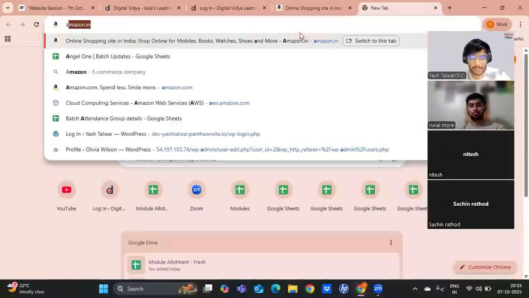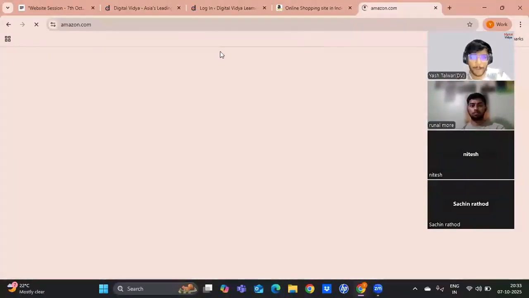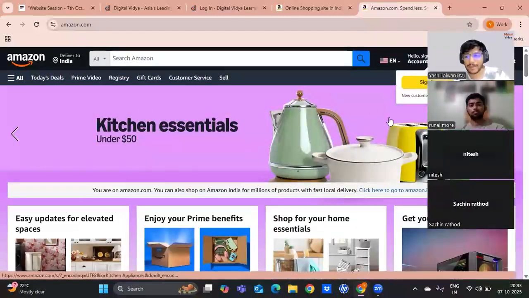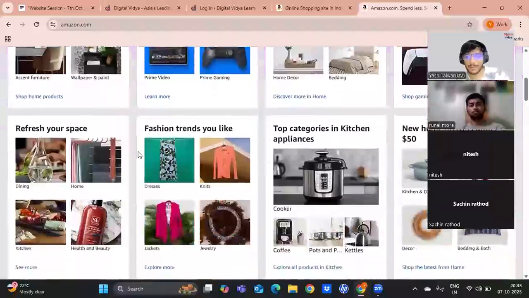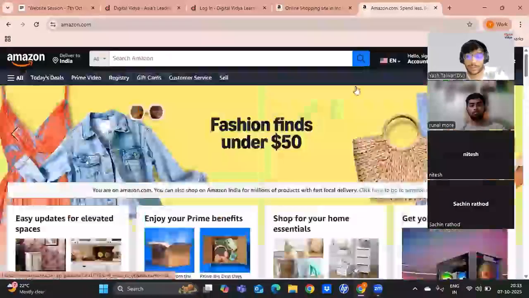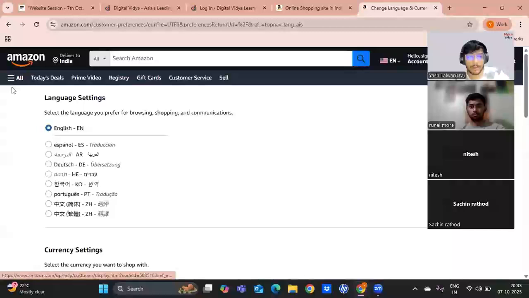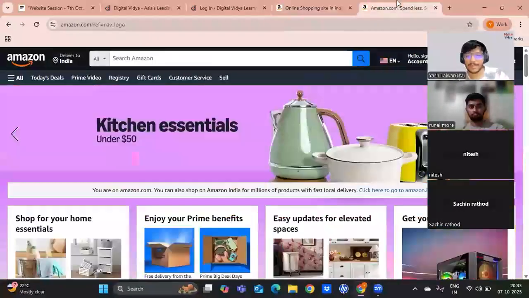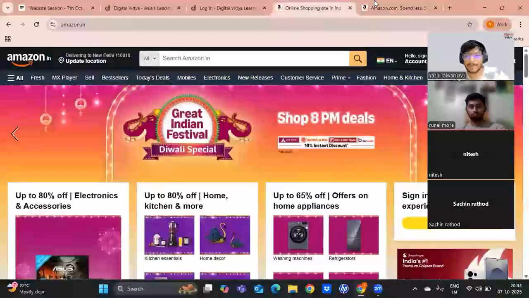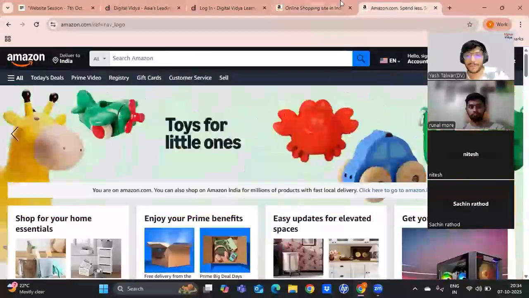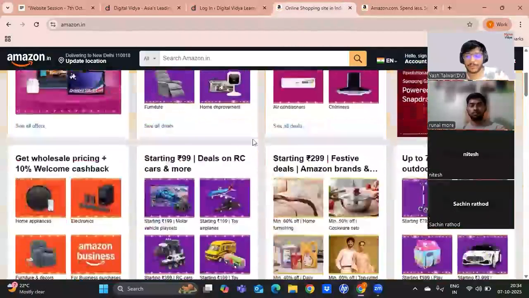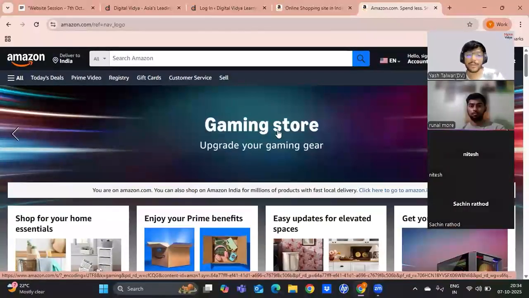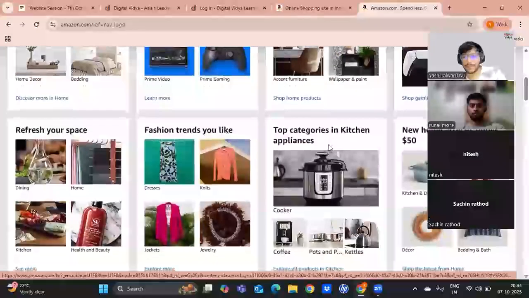But I can also visit amazon.com. And now this is the main website. As you can see, everything is listed in dollars, right? Obviously, I can change that if I want to. But this is amazon.com and this is amazon.in. Both of these, you can see that it is a different website meant for different purposes. Amazon.in is the website that's targeting India. Amazon.com is their main website, basically for US, right? So this is the main website.